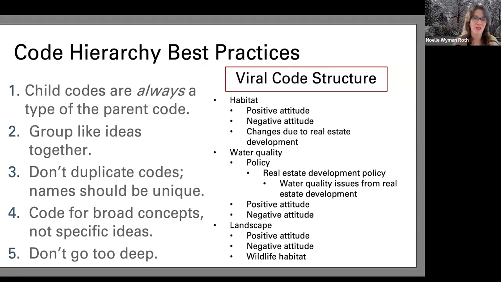We would have 20 positive attitude codes, and it makes it really difficult to see all instances of something in one place, especially when things are cross-cutting, right? So instead of this viral code structure, by the way,